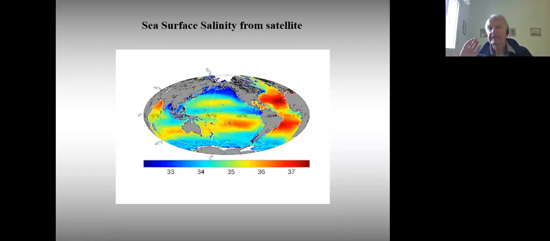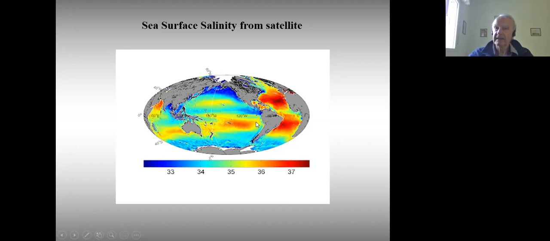There is one passive sensor which is now in development, which is the sea surface salinity from satellite. So we are able not only to measure sea surface temperature, but we are able to measure sea surface salinity. We will see later about sea surface salinity and temperature. Now, just to give you an idea that the sea surface salinity is another very important parameter which can be measured by the remote sensing method, and